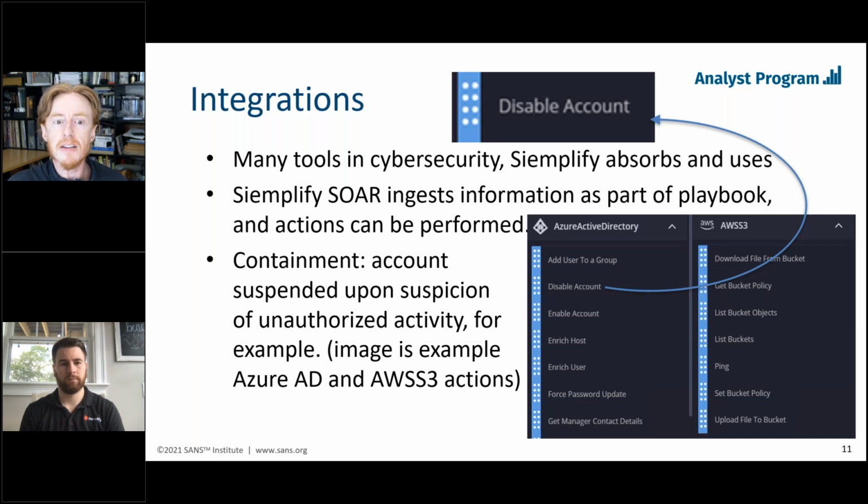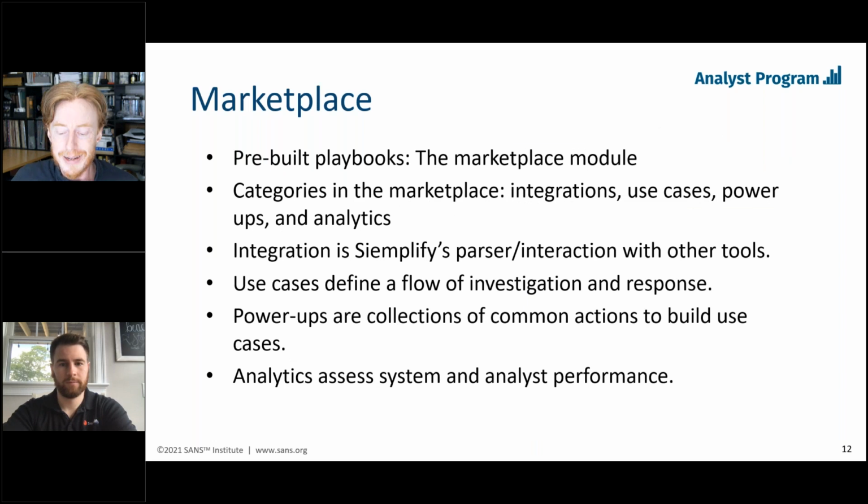Okay, and this is basically the approach that I would take to deployment. If I was just given this tool in an environment and told to deploy it, I would build my playbooks as though it's all going to be automated, but I would hold back a little bit in terms of the power. I would roll off the throttle just a little bit going into that corner and not try that corner the first time at full speed, right? I want to be careful so that I protect the integrity of my deployment of my Simplify instance and get to keep it. I don't want to have that taken away from me too quickly because I messed something up.